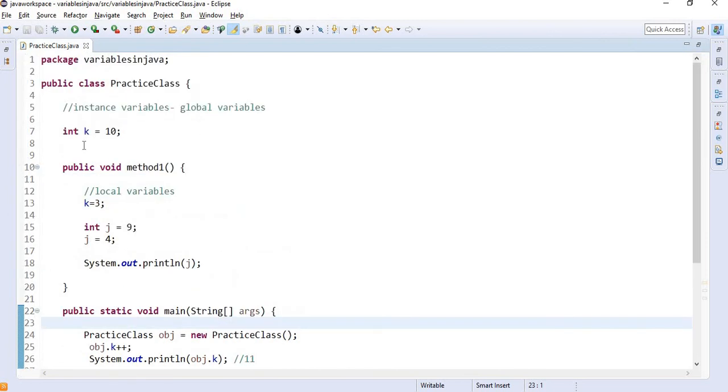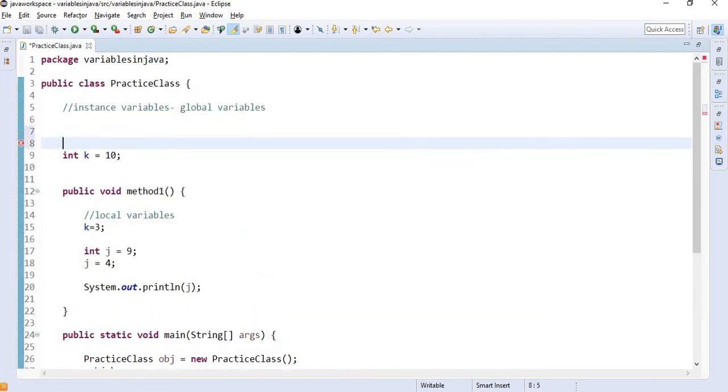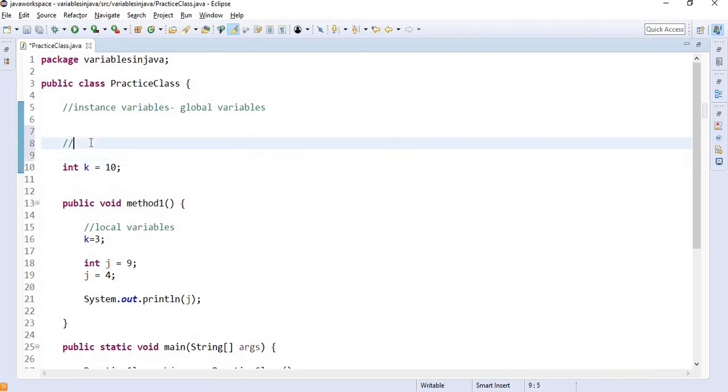Okay, so if I summarize this session, these are the key differences. Instance variables can have a default value, but local variables cannot have a default value.